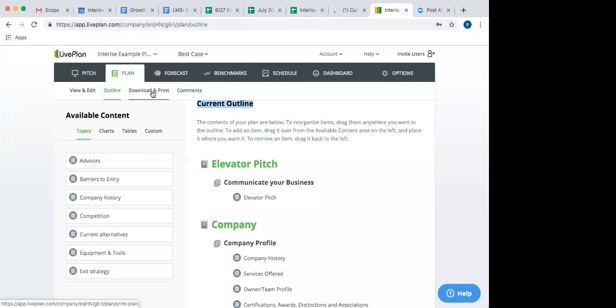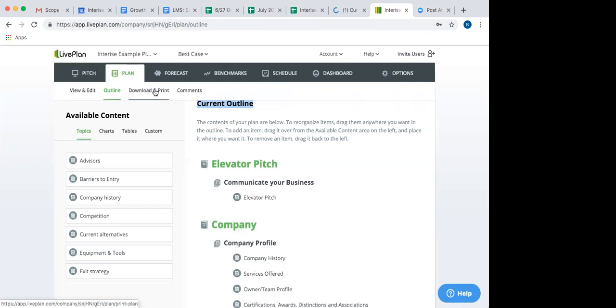I will say one thing that it can do, Steve, and for everyone on the phone, you can connect your financial software, say QuickBooks Online, to LivePlan, and it'll pull in real-time financial information. And I'll show you that in a minute. Cool. So you can connect it to your accounting software, which is a real nice feature. So you're getting real-time data.